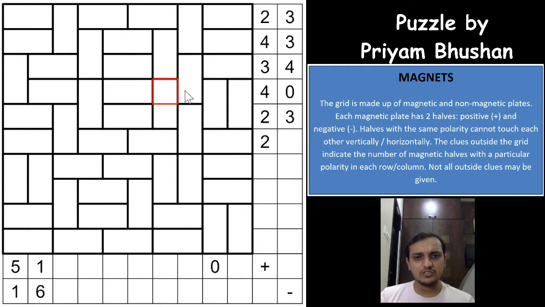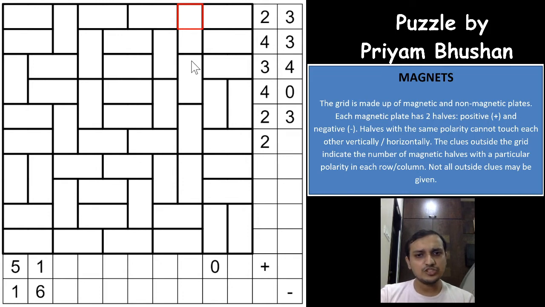So again, I will just brief the rules. You need to make sure that you place a magnet in the grid in such a way that a positive and a negative sign is placed in the small region. The number outside the grid indicates the number of positive or negative signs in the particular row or column, and same symbols, same positive signs or negative signs, cannot touch each other orthogonally. So with that, we'll start with the techniques that we'll be covering here today.